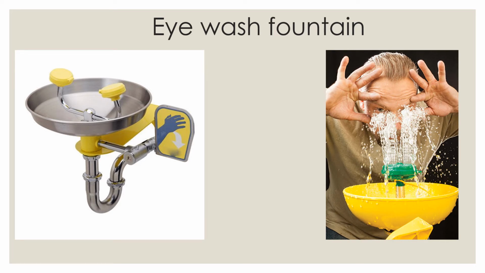First step, remove the cap on the mouth of the sprayer. Here is the picture of an eye wash fountain. This is the cap that has to be removed in order for the water to spray out. Step number 2, place your eyes directly over the water sprayer and firmly push on the lever. This is how your eyes should be open, where the water is spraying up, and this is the lever that has to be pushed on. This treatment has to be repeated continuously for at least 15 minutes, even if you feel that the irritation has subsided.